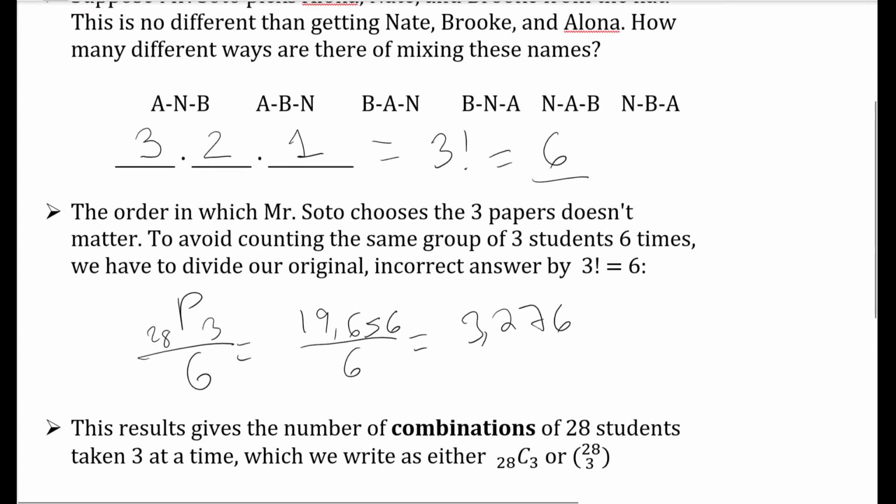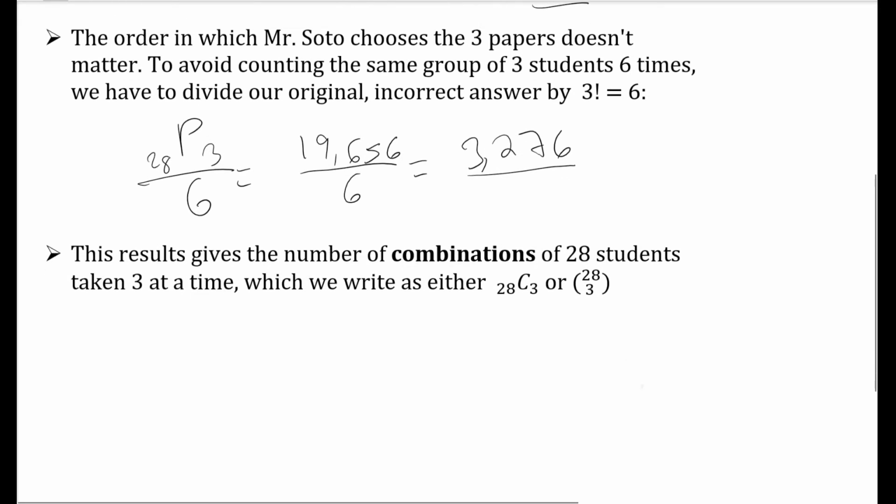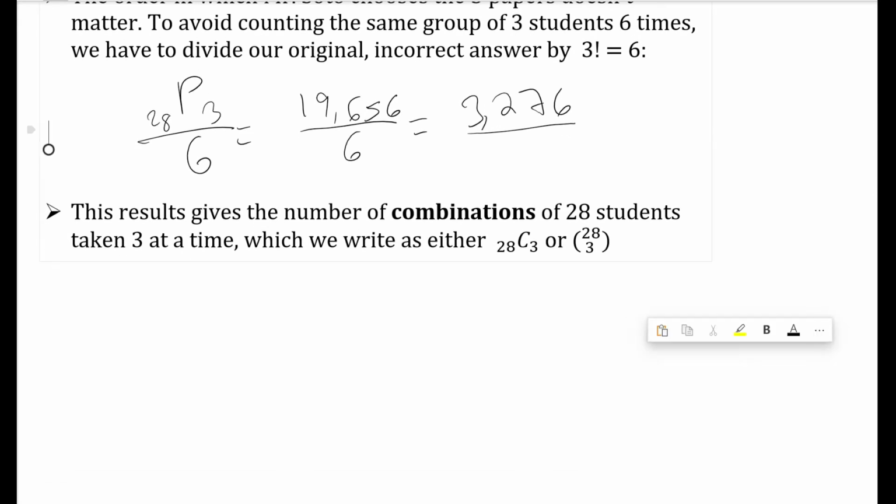Okay, so recapping again, we got 19,000 because order matters. If we want to prevent order from mattering in this particular count, we need to divide by the total number of ways that you can actually arrange those 3, that you can actually pick those 3 together in order to divide off the extra count of individuals, and therefore we get only the counts in which order does not matter. So the result gives the number of combinations of 28 students taken 3 at a time, which we write as either 28 with the C and then 3, or we use the parentheses notation with 28 and